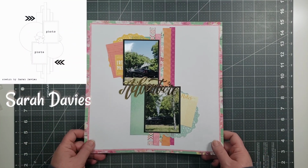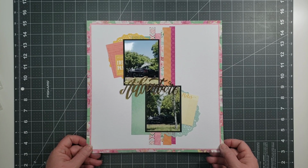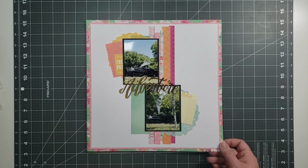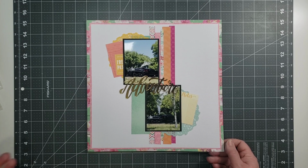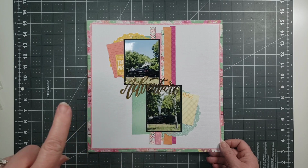This layout, these photos are of a steam engine that came through my town in Alabama. The city park was behind my house, and then the railroad track. And I heard something that sounded strange. I mean, I knew it was a train, but it didn't sound like our normal train. So I was looking out the kitchen window and saw it slowly rolling through,